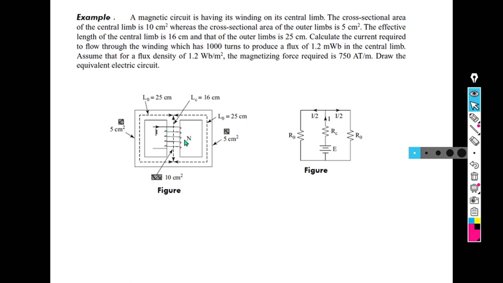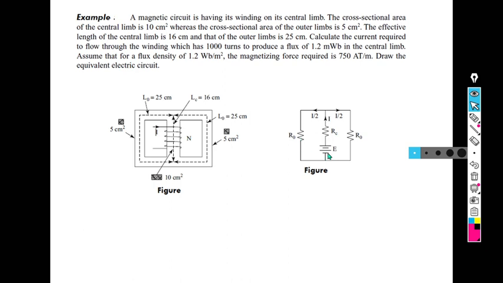Now you can use this mu, and here also you can find RC. Next, R0: if you get R0, then this path also has the same reluctance, so one path calculation is enough for these two paths, right? So convert 25 centimeter to meter, 5 centimeter square to meter square, and mu is known, so you can find it out.